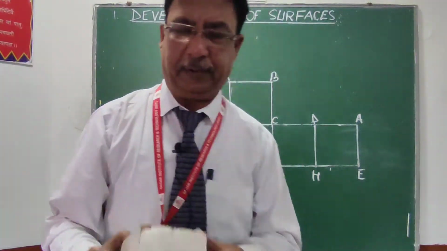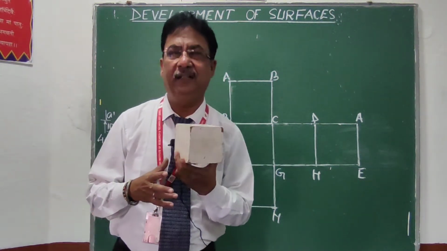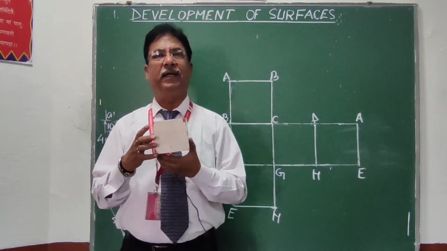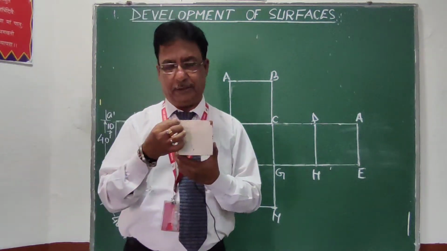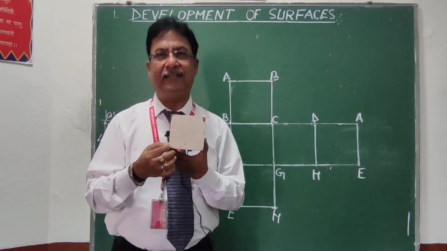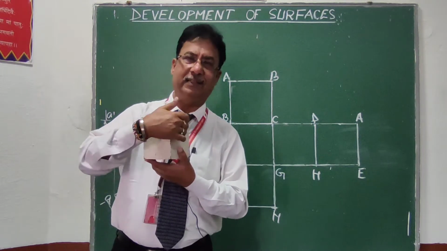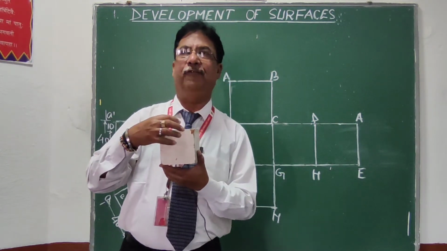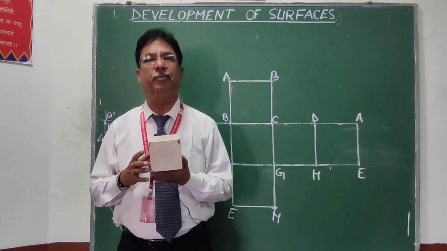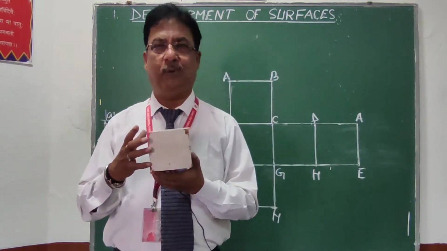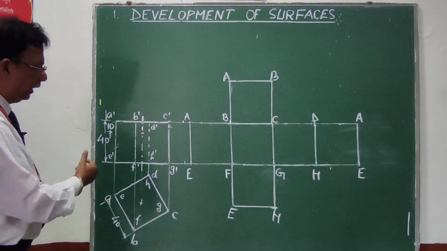Already we discussed what a cube is. A cube is a solid which has 6 faces, and all 6 faces are squares. As we explained earlier, in the development we suppose that this solid is wrapped by a thin sheet of paper, and we cut this solid along one of its edges and open that paper. If I open that paper, it will open as 1 square, second, third and 4 squares in a row, and 1 square upside, 1 square downside. So the development of the surface of this cube will be 6 squares.